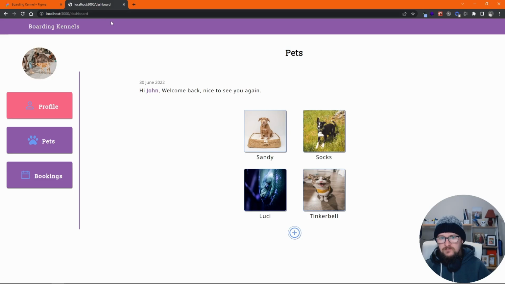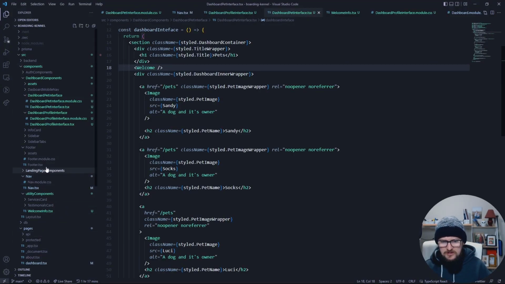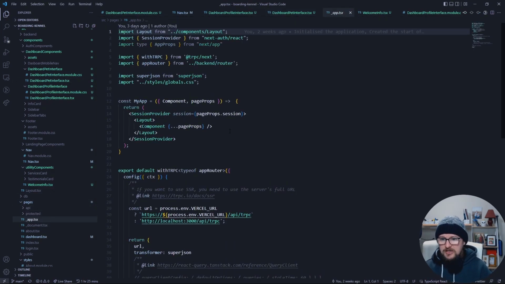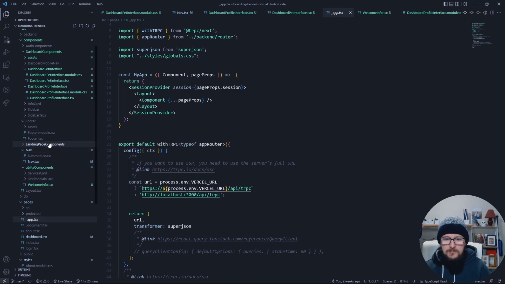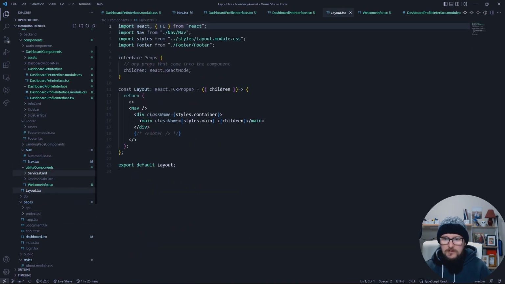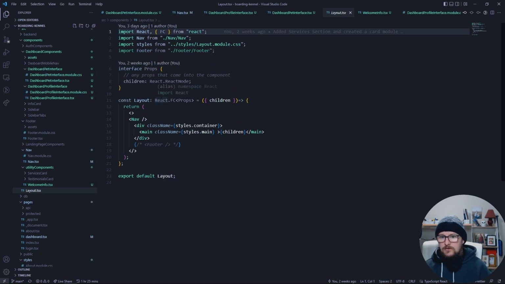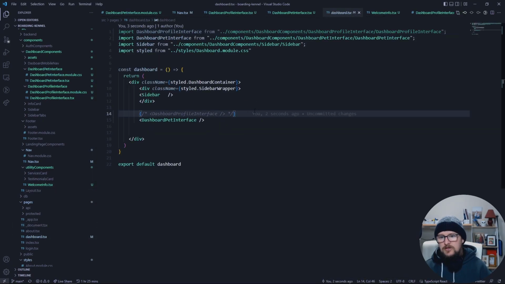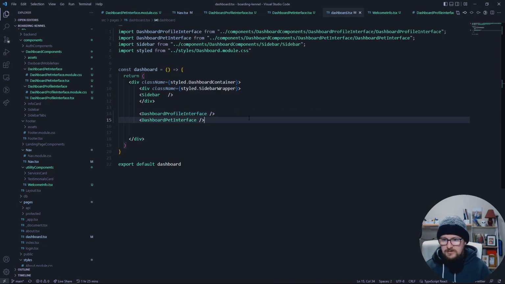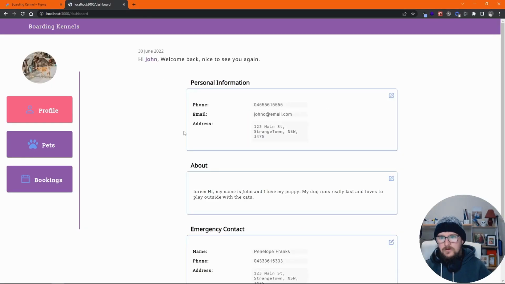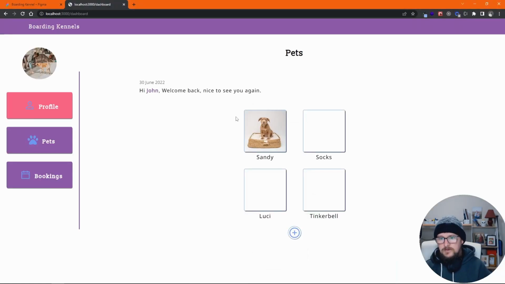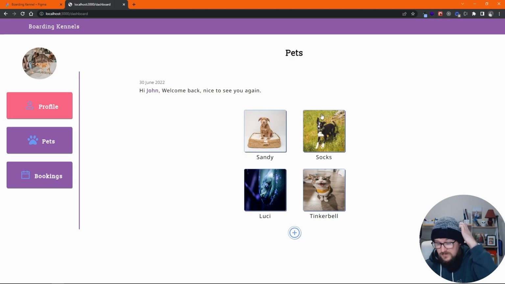And then also if we were to, I think it's in app. If we were to change it, sorry, layout. If we were, oh, where the heck is it? If we were to change this here to profile interface instead of pet interface, like so, obviously that'd change and we'd still have that information in there. So